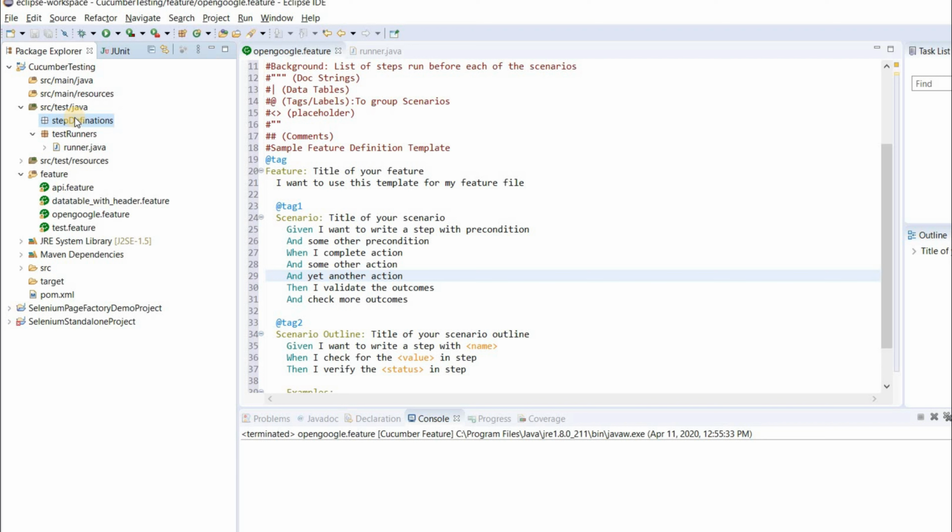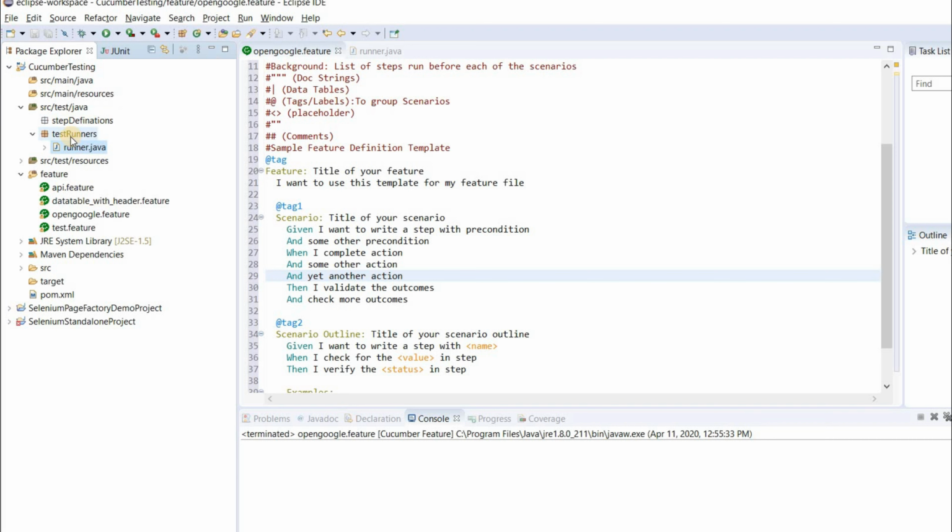So inside the step definition, we will create a Java class which will contain all the steps defined. To create the step definition class in a very effective way, we have to run the runner class so that the step definition gets automatically generated in the console.